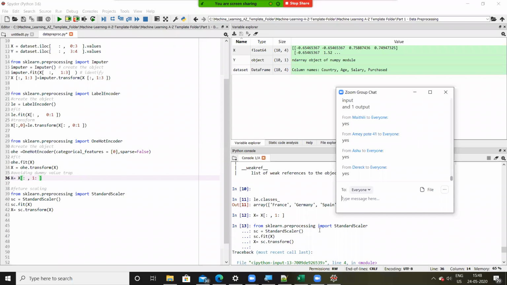Linear relation means if one grows by, let's say, 2 times, the other will also grow by 2 times. If input increases 2 times, the output will also increase 2 times. So that's the linear relationship.